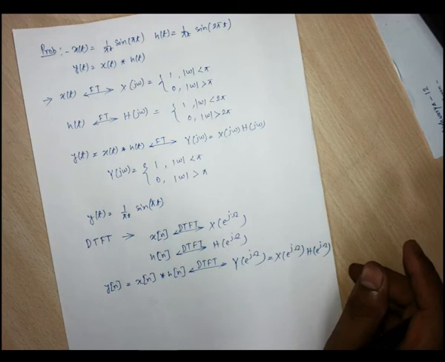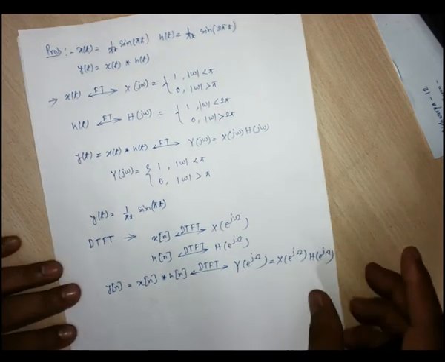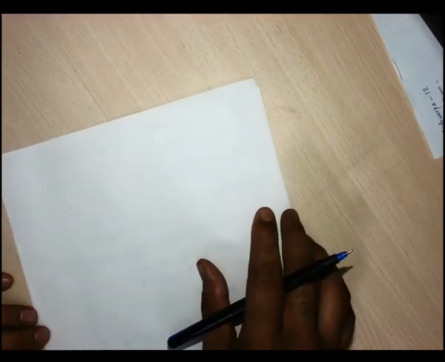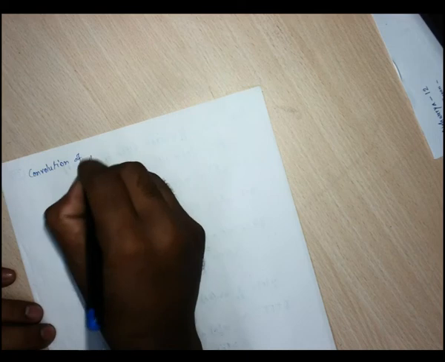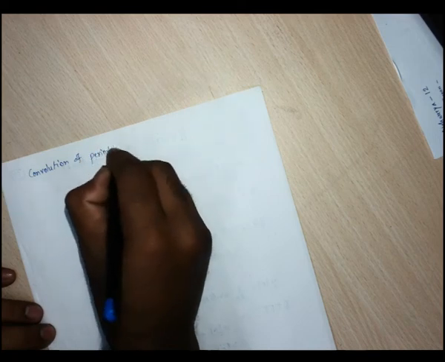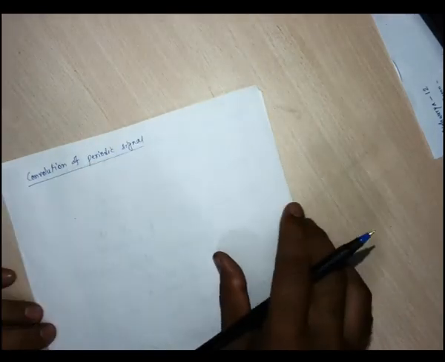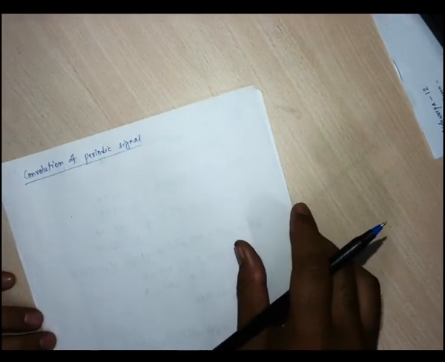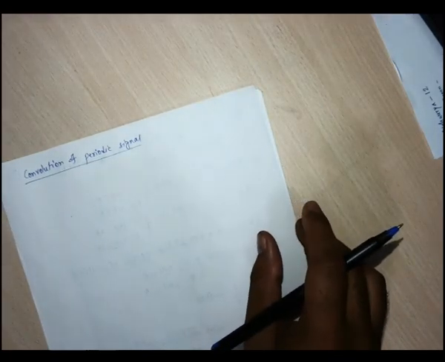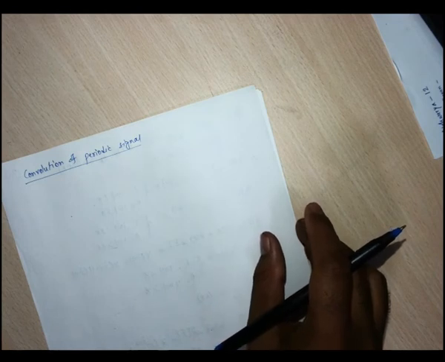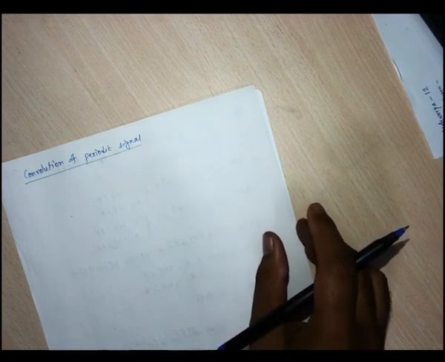Next is the convolution of periodic signals. That was the non-periodic signal; now the convolution of periodic signals. The main problem that arises here is that the convolution of periodic signals does not occur naturally in